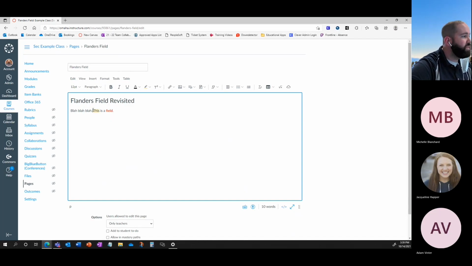So it's usually a good idea to double stack when you're pointing stuff out. So usually what I do is I change the color and I bold it, or I highlight it and I bold it. This way, I'm hitting all of my students, no matter what kind of vision thing they're using or what their vision is like. So now that I've done this,